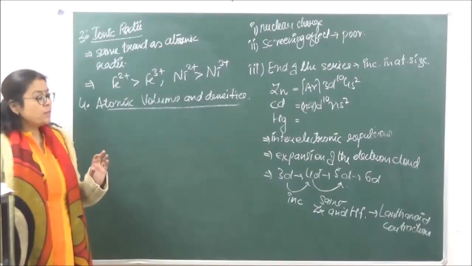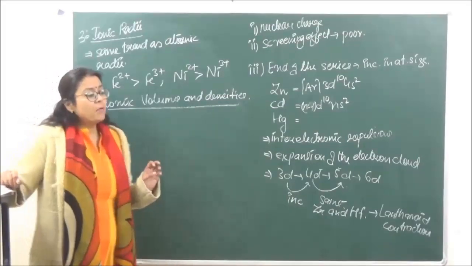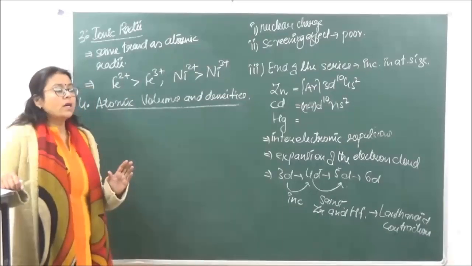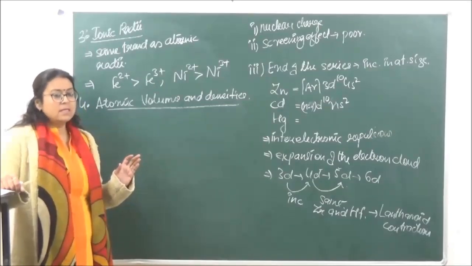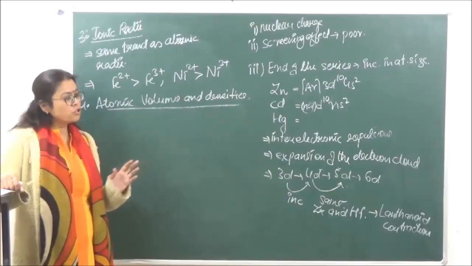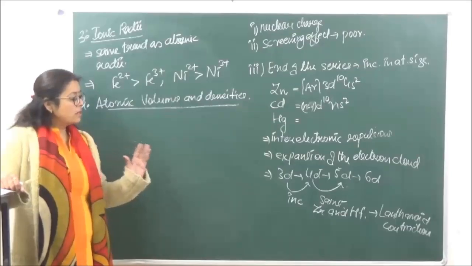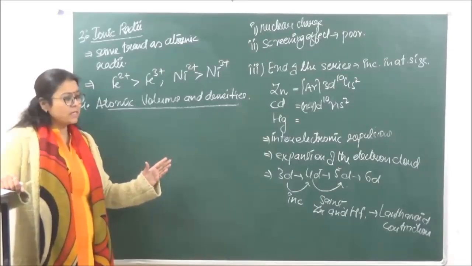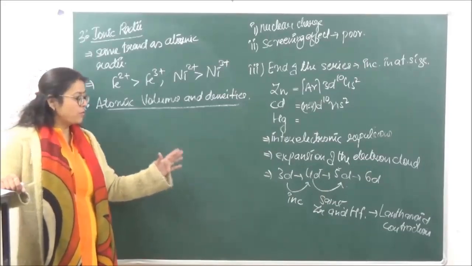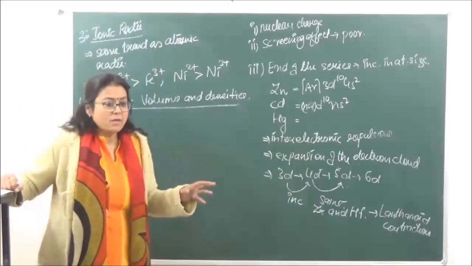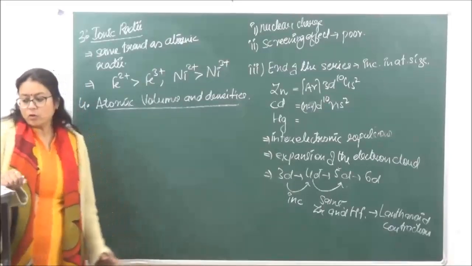ओके, सो रेडियस के ऊपर अगर डिपेंड करता है, एटॉमिक रेडियस के ऊपर डिपेंड कर रहा है वॉल्यूम, तो हम क्या बोल रहे हैं कि when we are traveling along a series, the radius will keep on decreasing, isn't it? So what should happen to volume? Volume should also decrease, right? In a similar manner, when we are going down the group, the radius will keep on increasing. When we are going from 3D to 4D, the radius is increasing. With 4D to 5D, the radius remains almost the same.